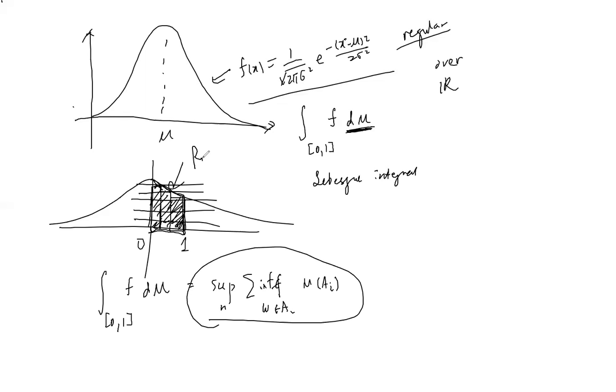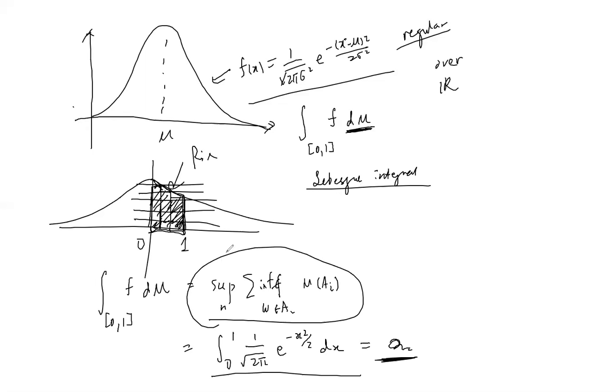So it is the same as your Riemann, right? Then you will say this is just the integral from 0 to 1 of 1 over square root of 2 pi, e to the power of this. And this one you can just check your statistical tables, right? For this, the statistical tables use numerical integration to find it. So then you get your answer here. In this case, of course, your Lebesgue integral is just the same as your Riemann integral. And your Lebesgue integral doesn't give you, operationally, a way to do it, because here it just says sup, all right?